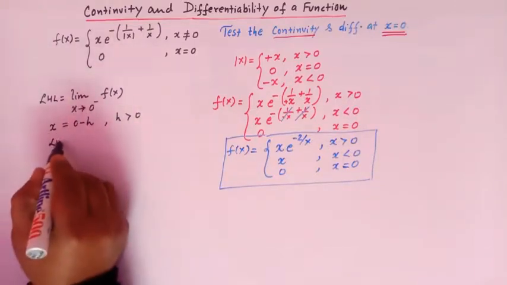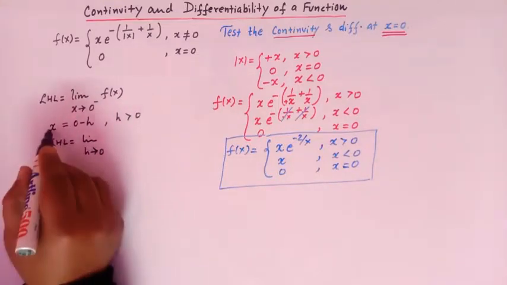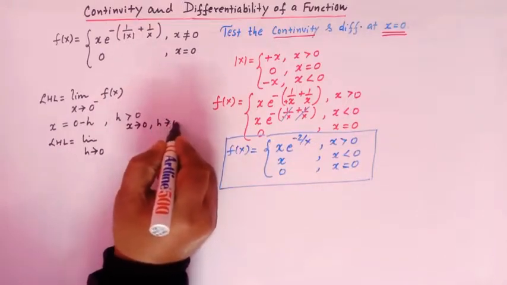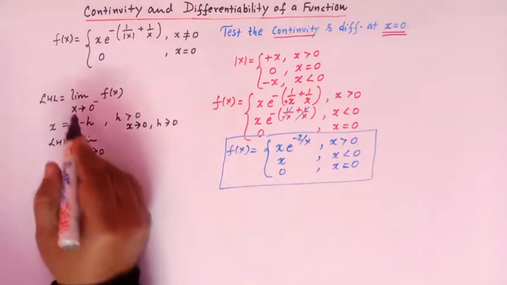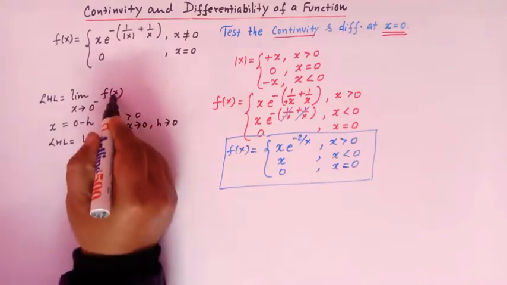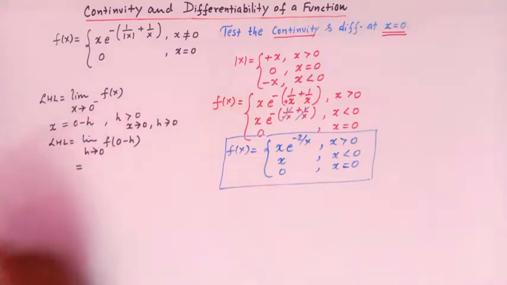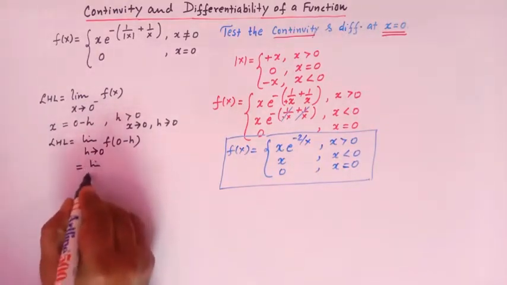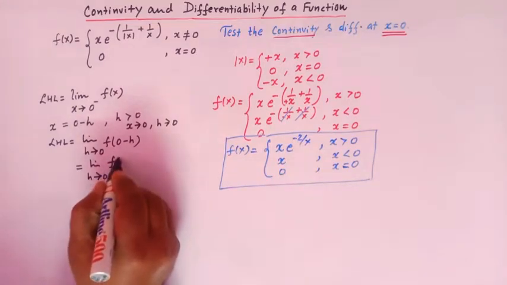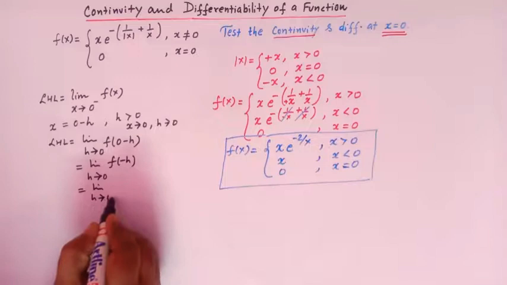So now the left hand limit is limit h tends to 0, because when x tends to 0, obviously h tends to 0, right? So we have here limit h tends to 0, and f of x, for x we can write 0 minus h, right? And now we have limit h tends to 0, and f of 0 minus h is f of minus h, and now we have limit h tends to 0,